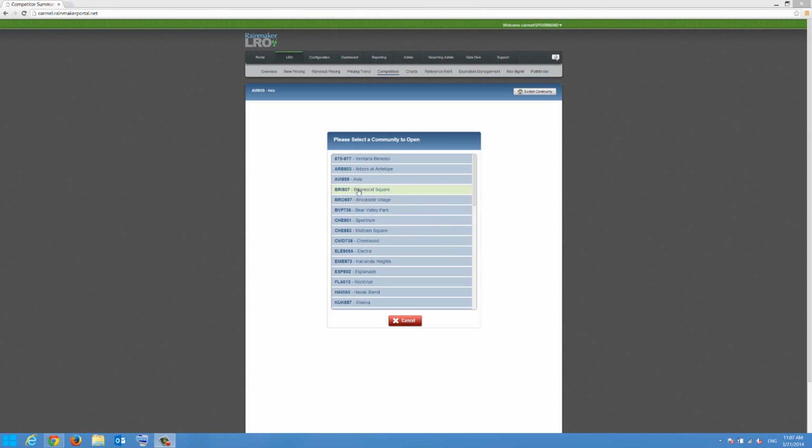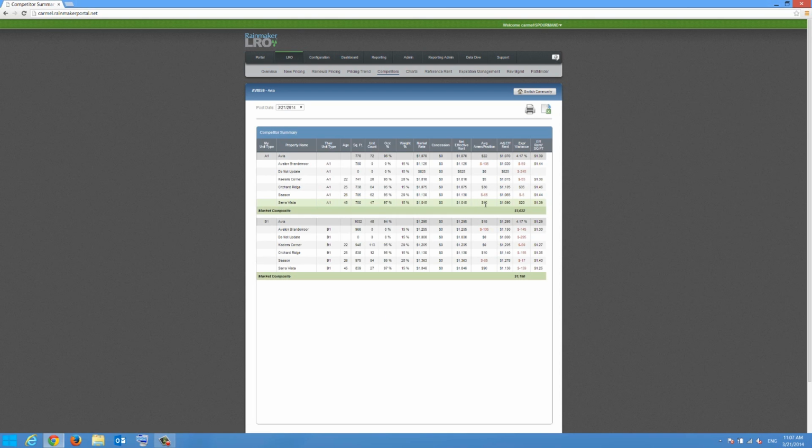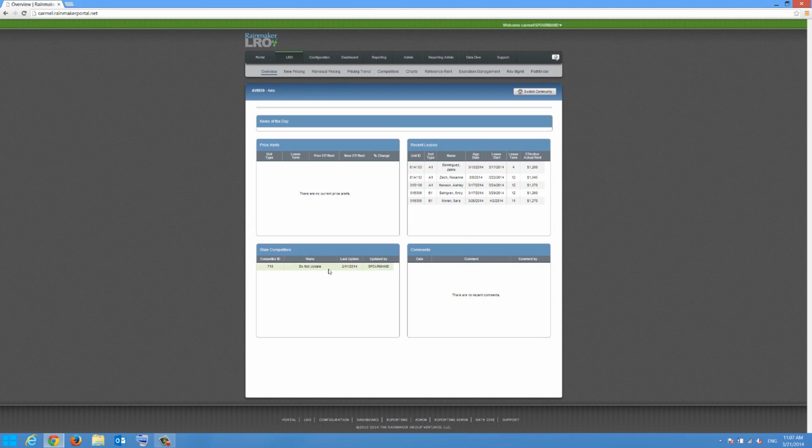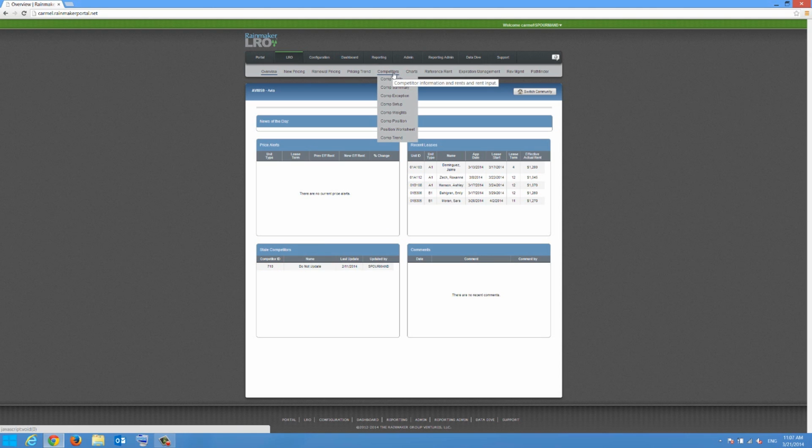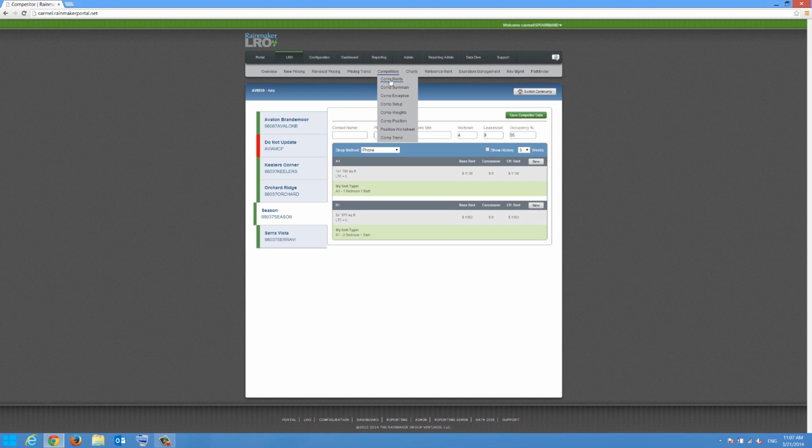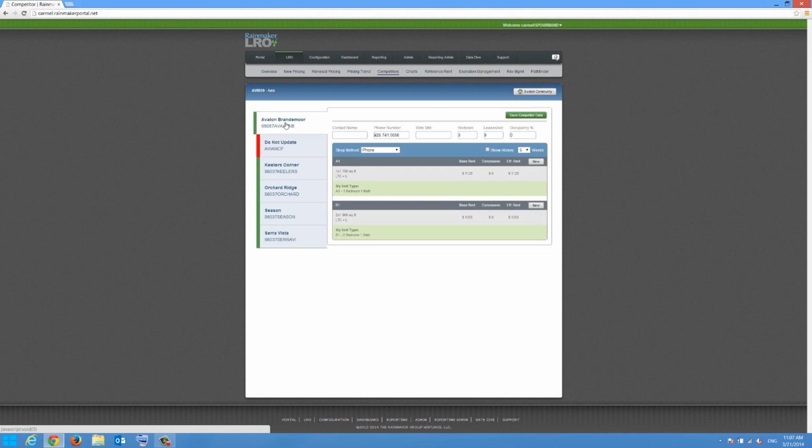When you log into LRO, you'll click on the property, and typically it'll take you to your home page. From there, we'll go over to the Competitors tab and we'll click on Comp Rents. To the left of the screen, you'll see each one of your comps. If you have updated your comps every week, as you're supposed to, then these bars will always be green. Okay? So we'll click on the comp,